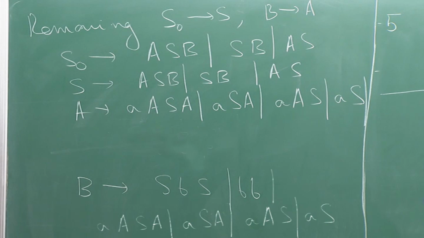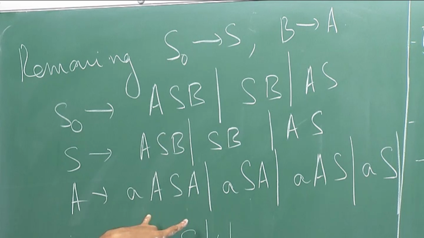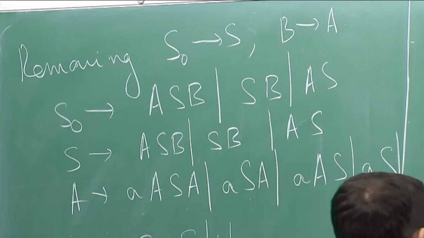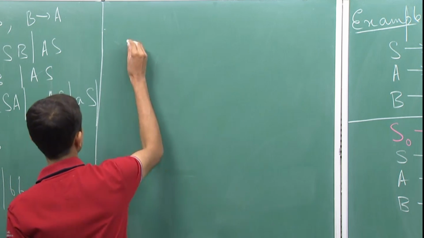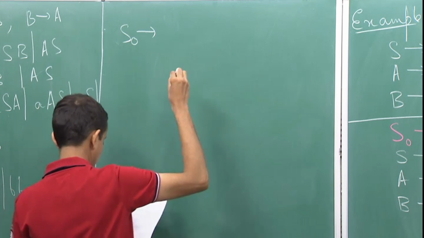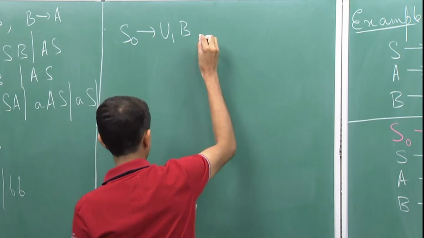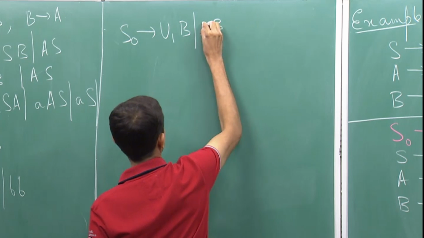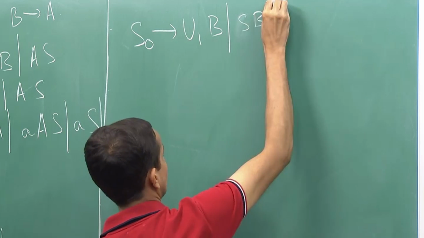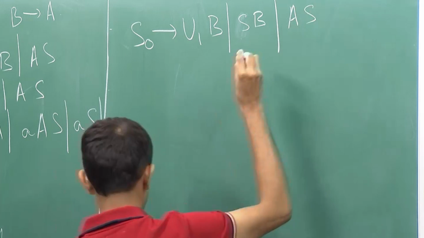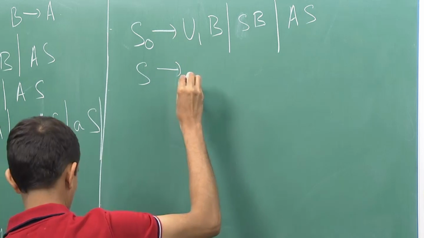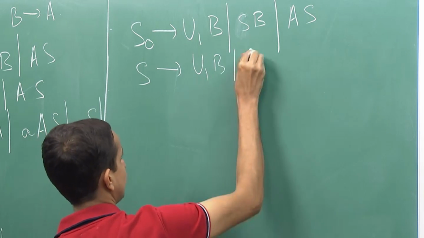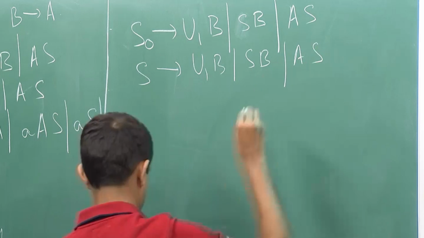So now that I have a grammar which does not have any epsilon rules or unit rules, I will shorten all the rules on the right hand side, and I will add appropriate variables to complete them. So let me write down the final grammar. The final grammar will be something like this. So I have S naught going to, I have a new variable, U1 B, SB or AS, S going to once again U1 B, SB, AS,